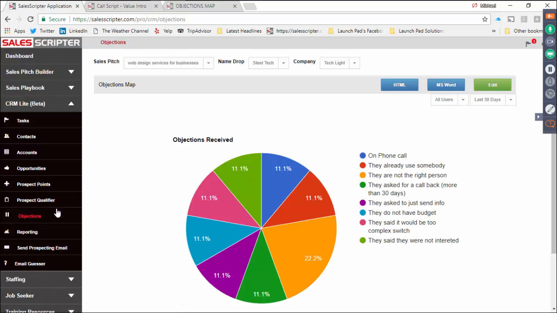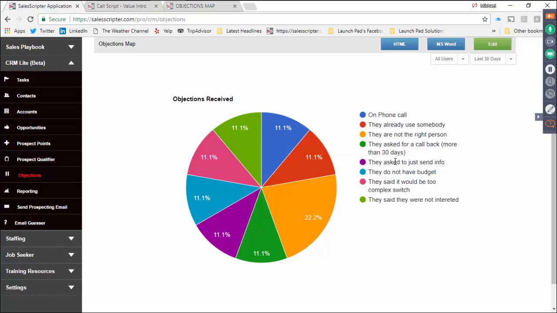So if you happen to be a sales manager, we have a tool that makes it real easy for your salespeople to log the objections that they run into on every call, and then that can give you really valuable data on what objections are coming up for your sales team, and that is extremely powerful for your weekly sales team meetings as well as your one-on-one coaching, because instead of just saying, hey, what do you guys need from me in order to be more successful this week, you can say, hey guys, 22% of the time last week or last month, this objection came up.